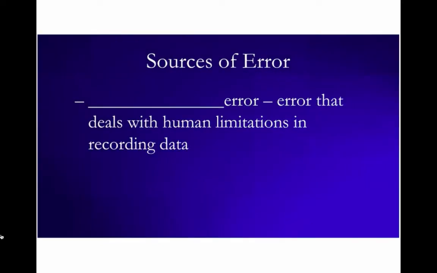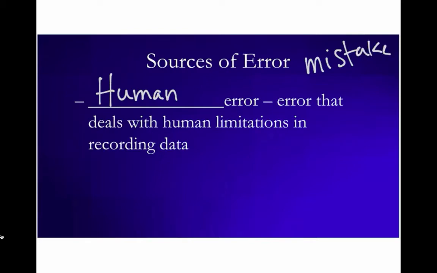Another type of error is called human error. This is not the same thing as, oh, I'm human, I made a mistake. No, no, no. If you make a mistake, I expect you to go back and fix it. Mistakes are not errors. Error is the result of you having a limitation as a human being who's not a